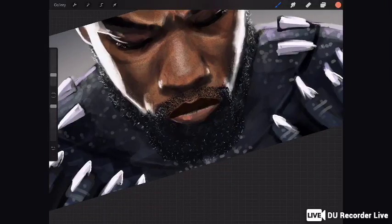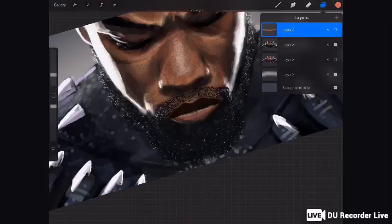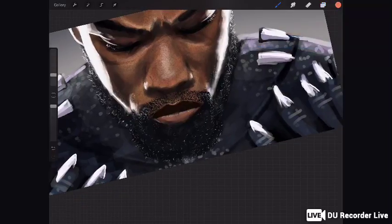Let's add some more over here on the lip. Some more pink tones. And I'm going to drop the opacity on that as well. Just like so. Okay,